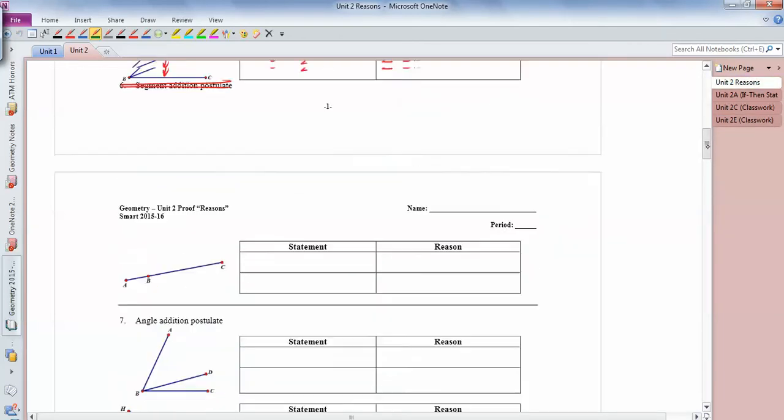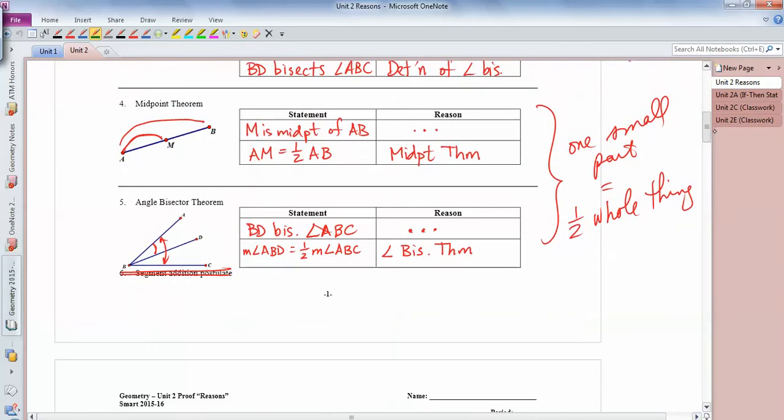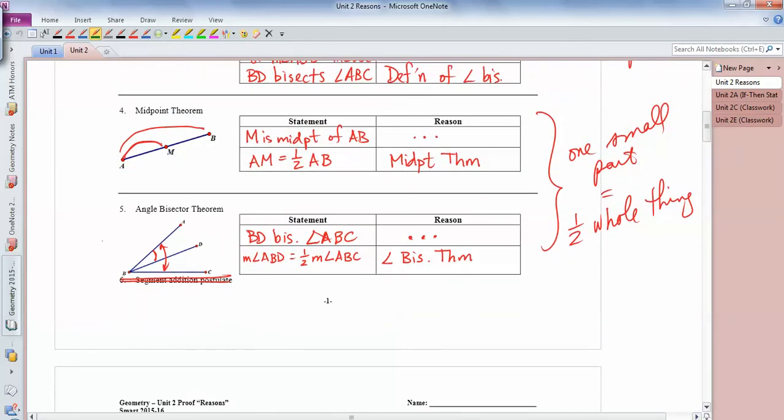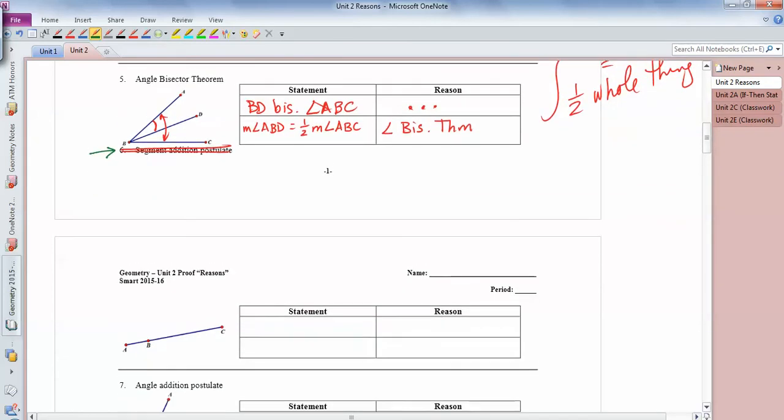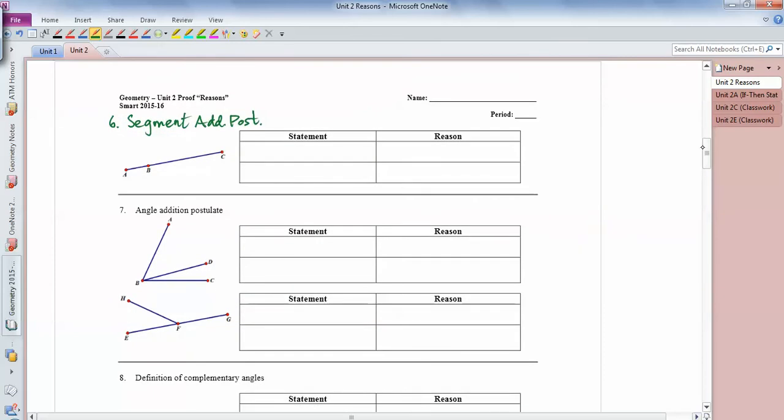Now, in the last video, we did the first 5. So these definitions and then a couple of theorems here. And then there's this thing called the segment addition postulate, and for some reason it printed out here, and on my copy it didn't. So actually down here, put 6 and say segment addition postulate. Okay, so in a proof, the way that the segment addition postulate can show up is it